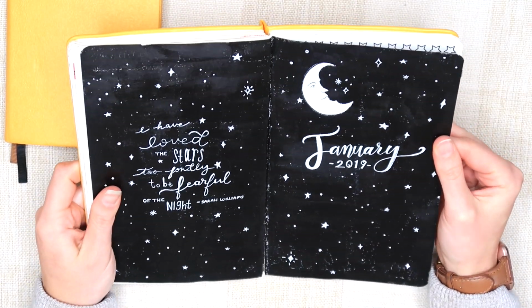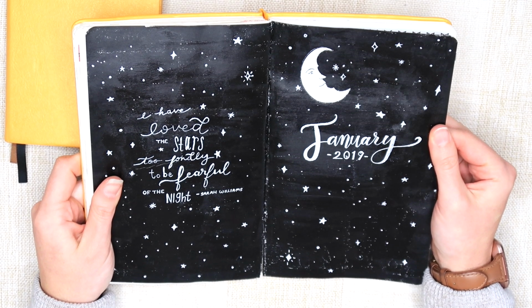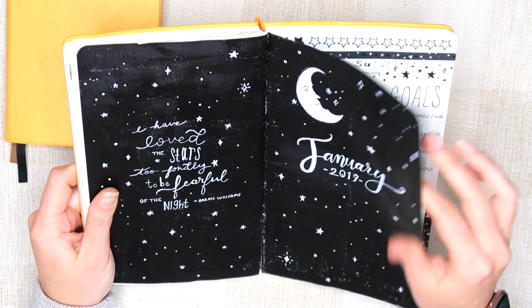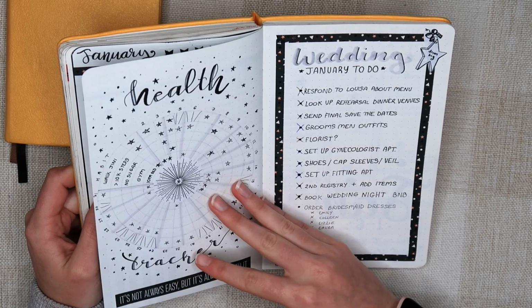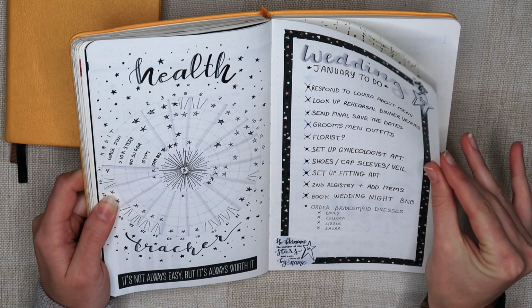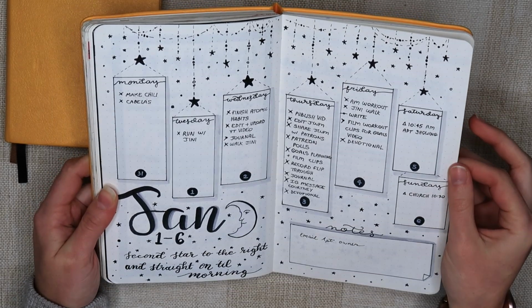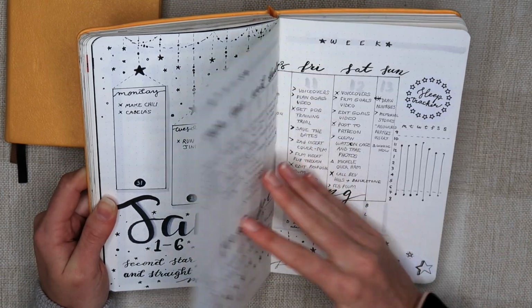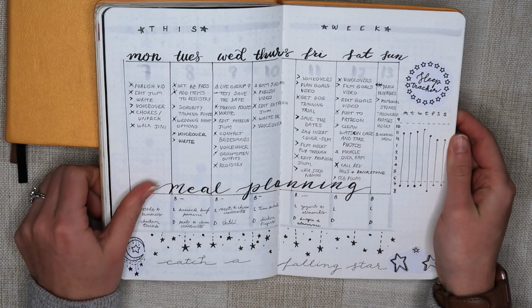So here we have January. I love this January spread so much, and you guys did too, because this video absolutely blew up for me. It had like 40,000 views, which is a lot more than my plan with me's typically get. So I was really happy with the way that this one turned out, and I had a lot of fun actually using these spreads. I actually used them the way that you should be using a bullet journal,